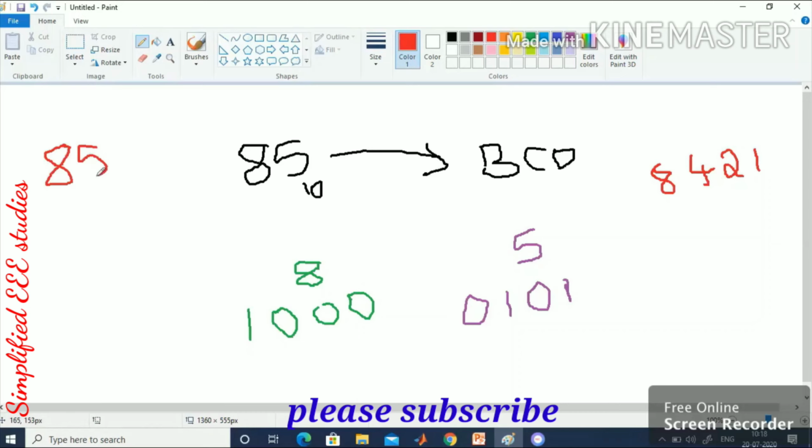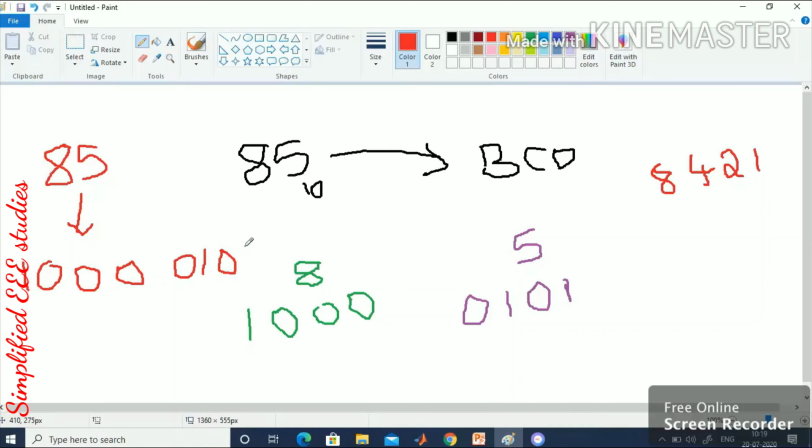Okay, 85 can be written as 1, 0, 0, 0, then 0, 1, 0, 1. So this is the final answer.